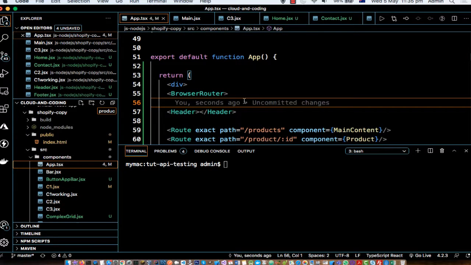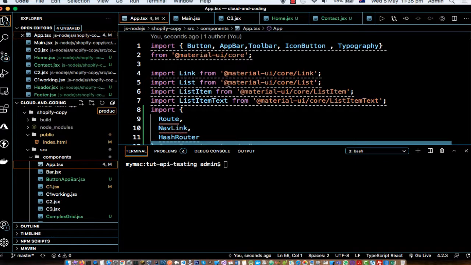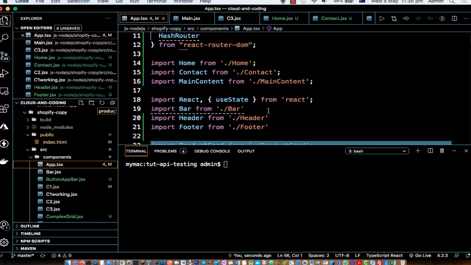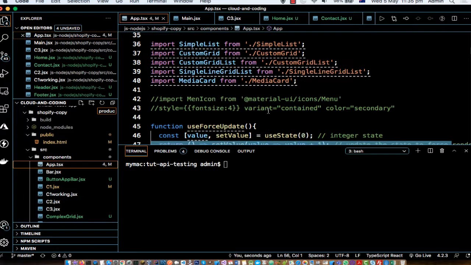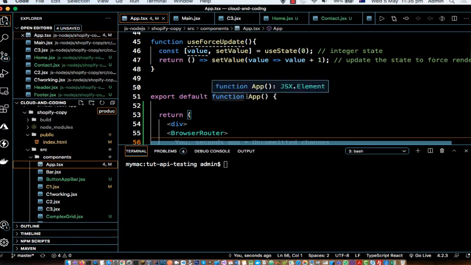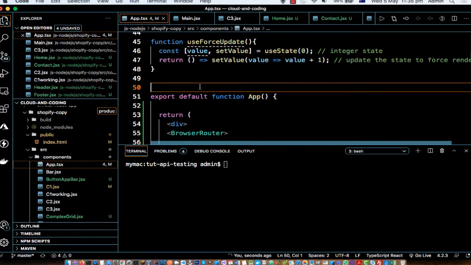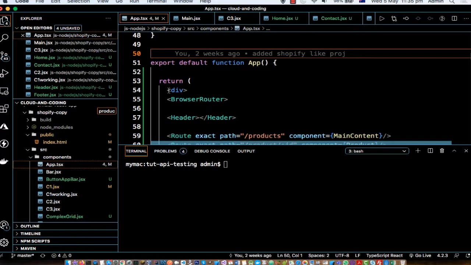So that is how you can structure your React application. Whatever you need, you can reference or import those things there, like that. You can also import the CSS files as well. And then you can create a function based component or class based component. Here there is a function based component. A function based component is nothing but just a function. As you can see, this is a JavaScript function, and it returns one JSX expression. So this is JSX,